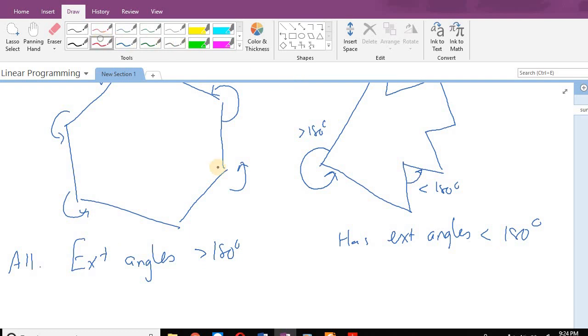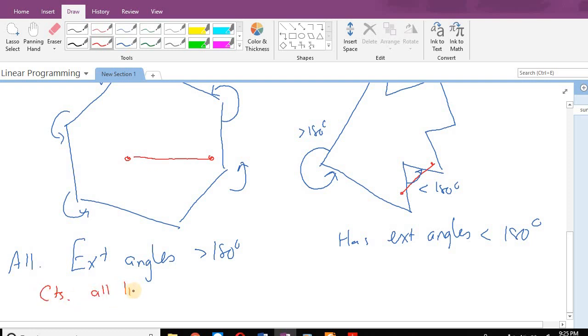Another way to characterize convex is that if I draw any two points and connect them by a line, that entire line is inside the region. However, it's possible in a non-convex region to draw two points and have a line that is not within the region. Okay, so I can say that the convex contains